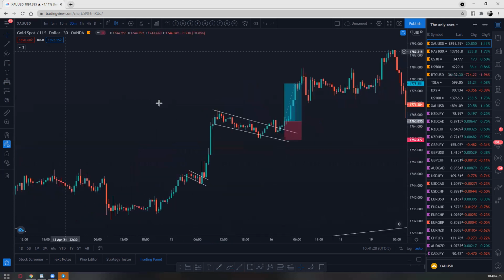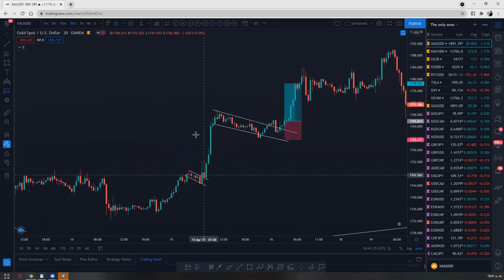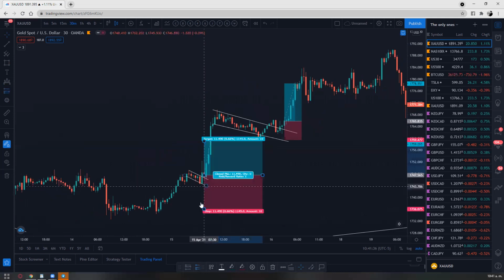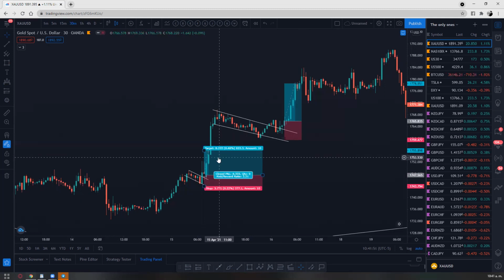Small pattern. Of course, I'm on a 30-minute. Let's say you wanted to get in there on a breakout. I'm pretty sure on a 5-minute it was looking better. Stop loss usually below that last low, a couple of bits below that last low. You want to go for a 1-to-1. And in here, this is just following price action. I'm not using indicators. I'm not using anything. You can just go safer with 1 to 2.